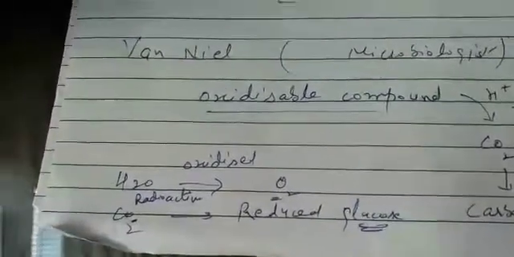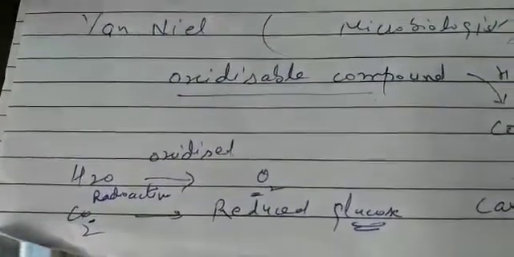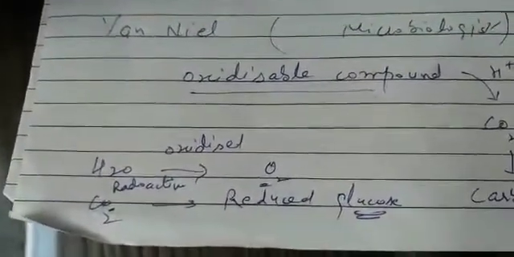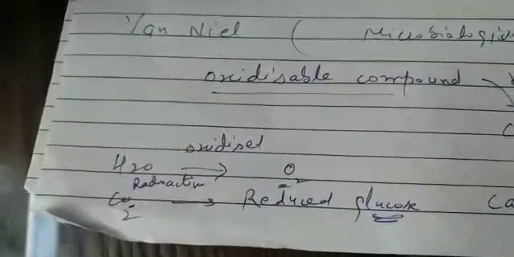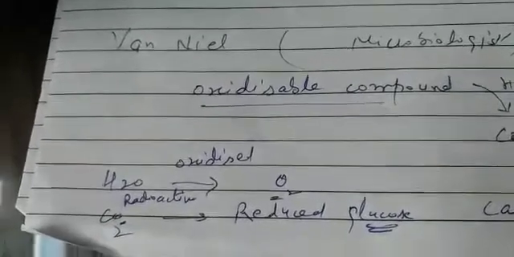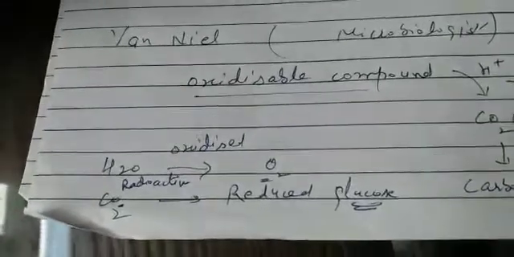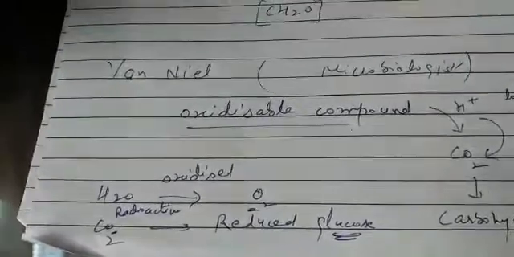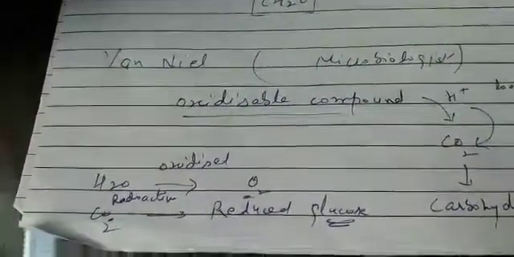Clear? And basically what he wanted to prove in this experiment was that the oxygen which is released during photosynthesis comes from water. That is the main achievement. Here water is oxidized, and the hydrogen which is removed from water is carried by carbon dioxide. So carbon dioxide undergoes reduction, clear, and after reduction of carbon dioxide, glucose is formed. This oxygen evolved from water. This is the main achievement of his experiment.